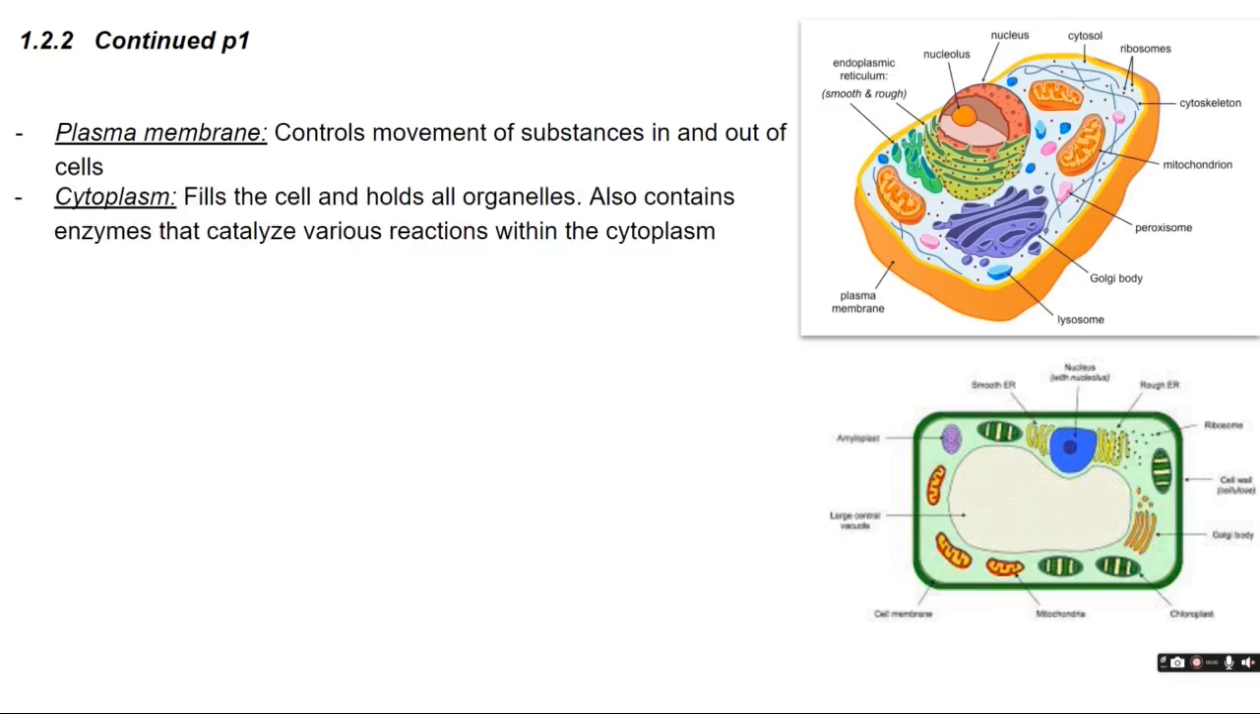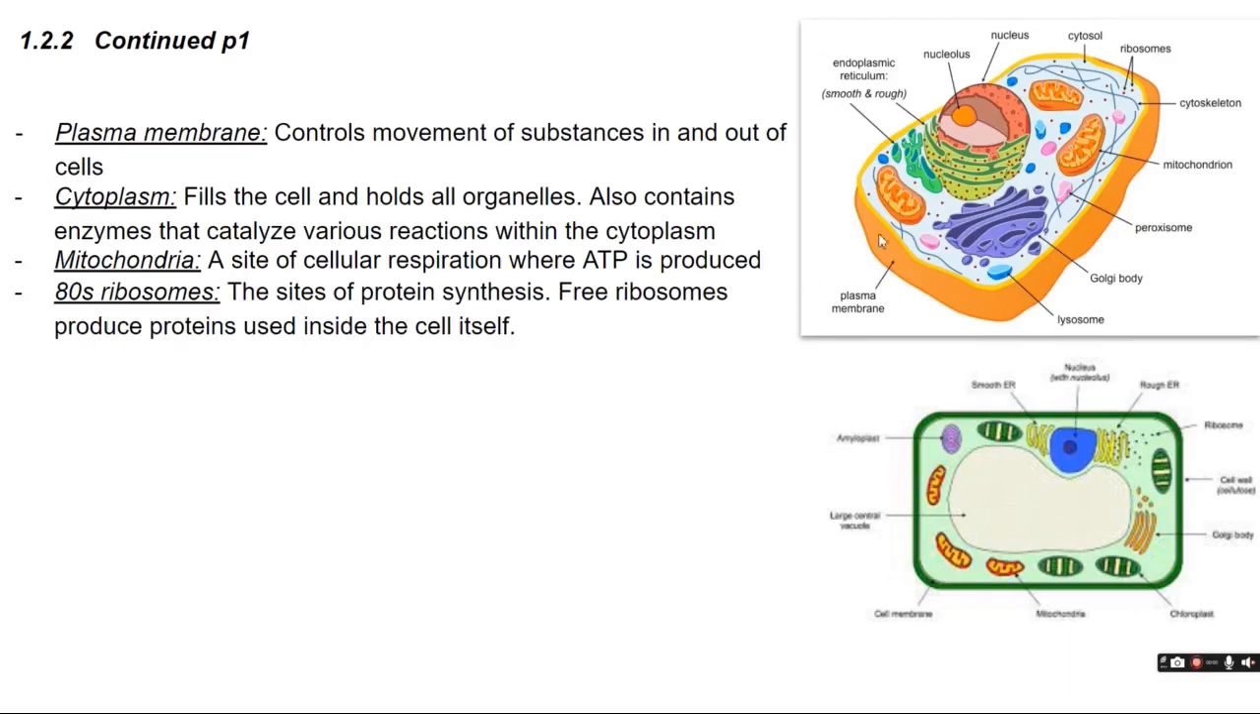Then we have the cytoplasm, which is also the same as prokaryotes. It fills the cell and holds all organelles, and it also contains enzymes that catalyze reactions. Then we have the mitochondria, which is not in prokaryotes, and it's the site of cellular respiration, where ATP is produced. After that, we have ribosomes, which are the sites of protein synthesis, so these small red dots right